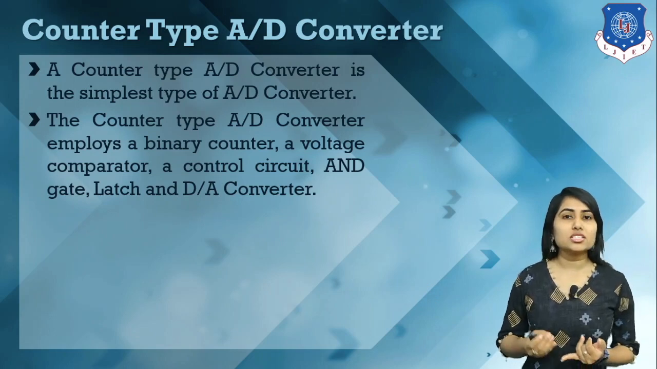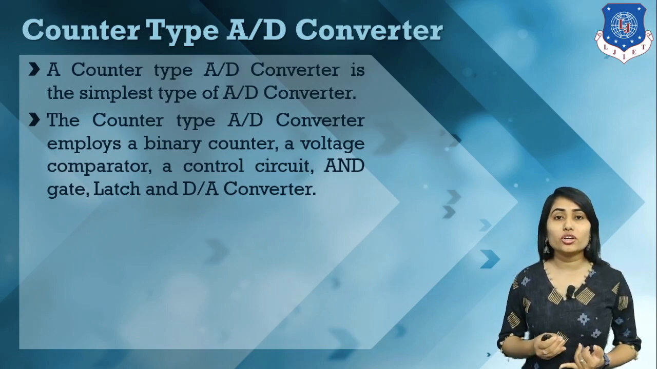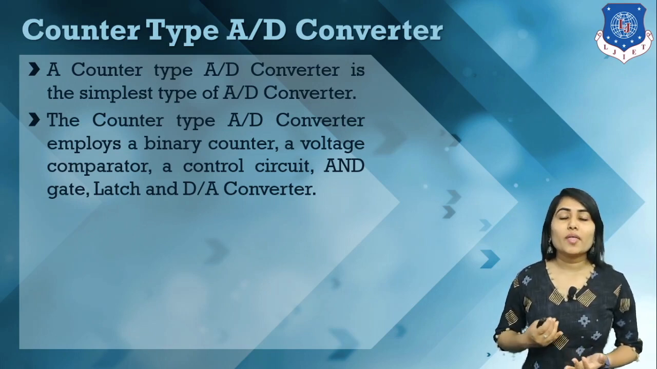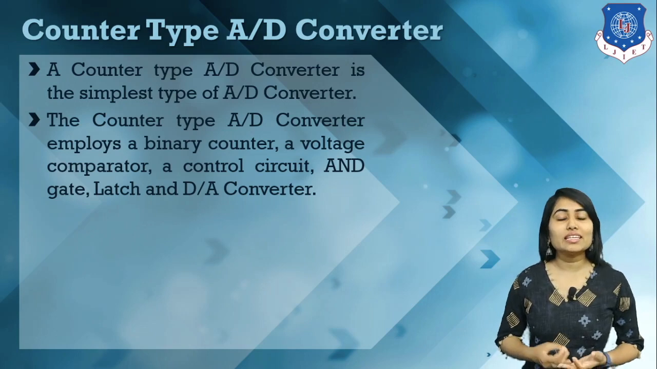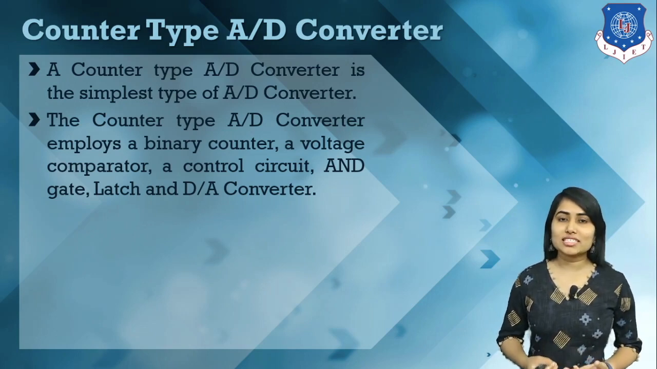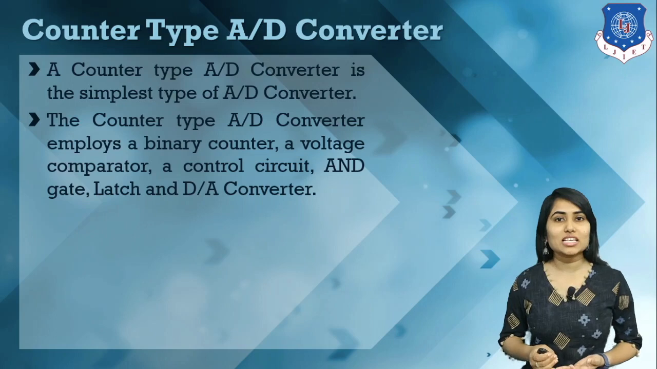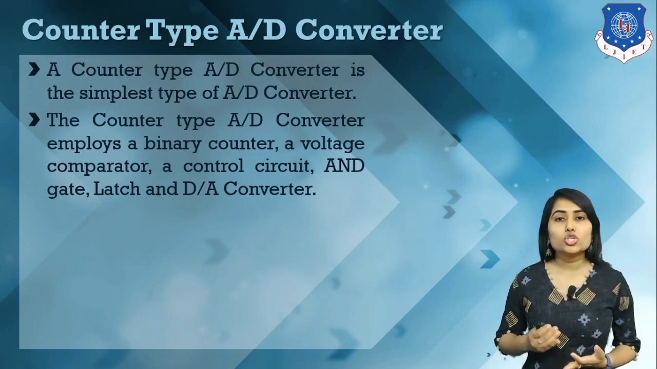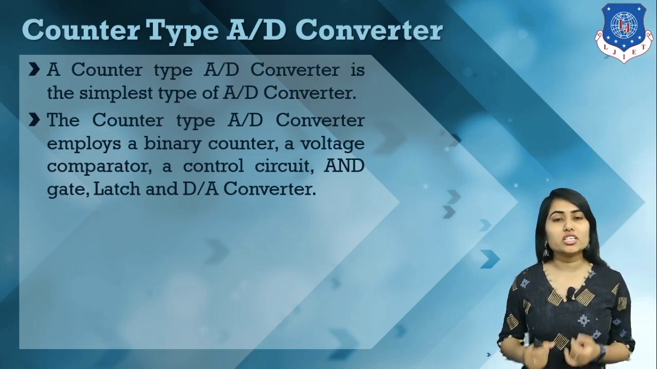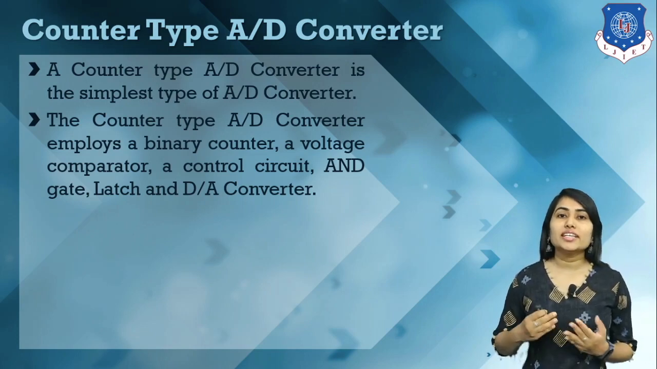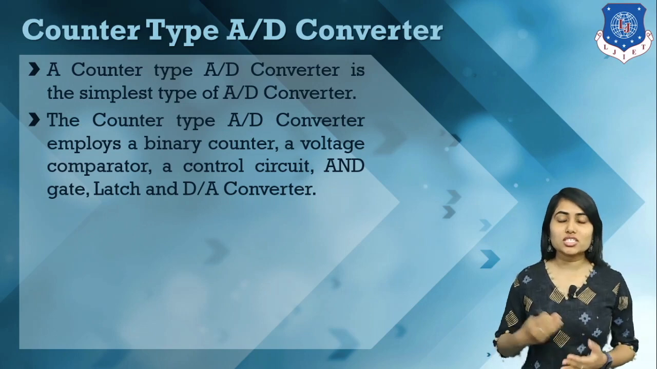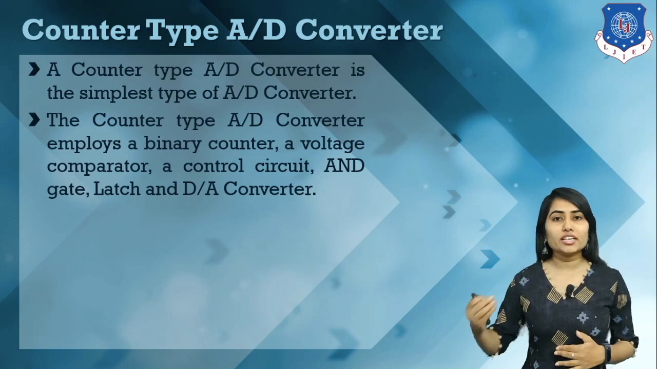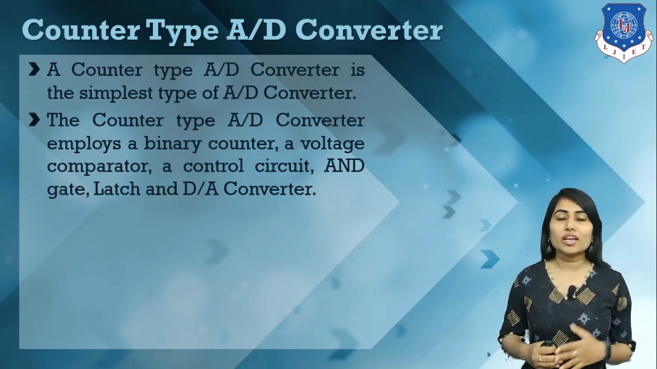Here this counter type analog to digital converter uses a binary counter, a voltage comparator, one control circuit, then a latch. This latch is used to store our digital output. Then here we have a digital to analog converter. To convert analog information into digital, we use this digital to analog converter, which is basically used to convert our calculated digital data into its equivalent analog form,